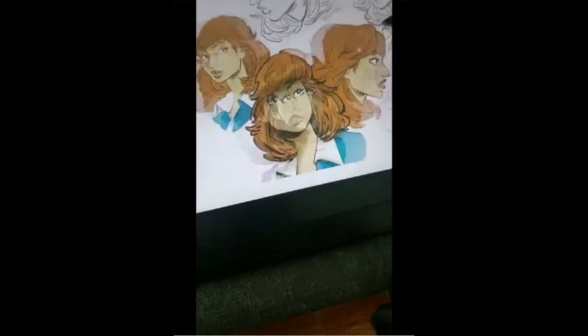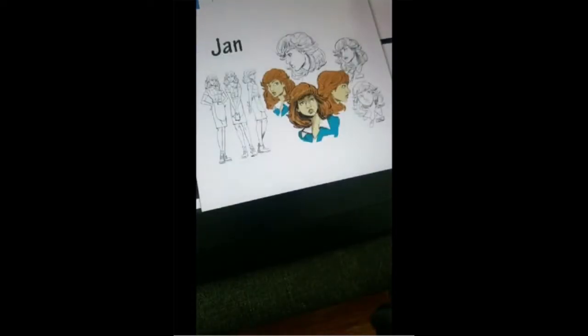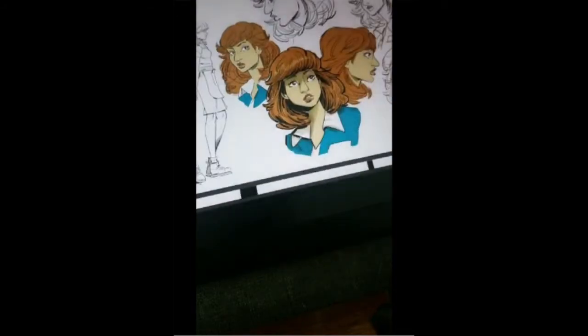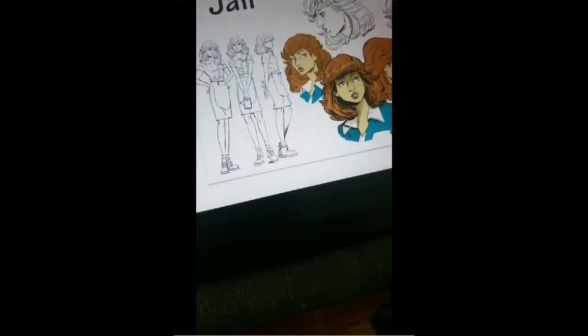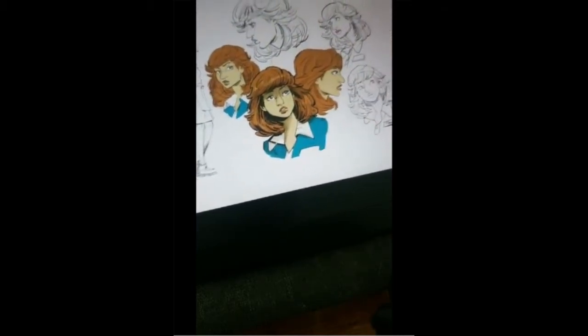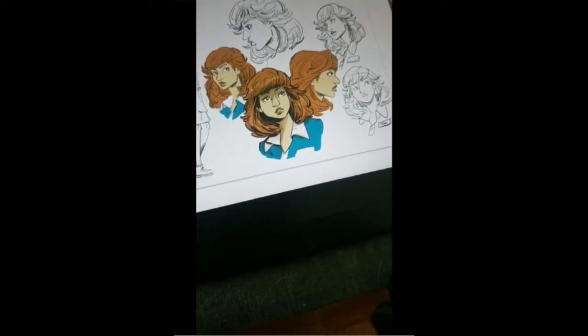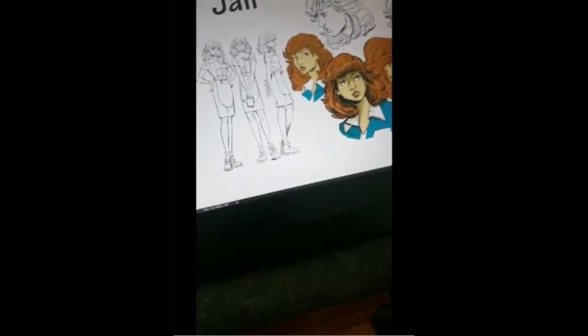And whenever I'm working on, sorry, I'm trying to get this. Let me open this in Photoshop actually. So yeah, whenever I'm working on characters, I like to draw them from different angles and different expressions. And it's not that I have to be 100% always looking at this while I'm working on it, but it just helps as reference. It's kind of like what animators do when they're working on an animation project